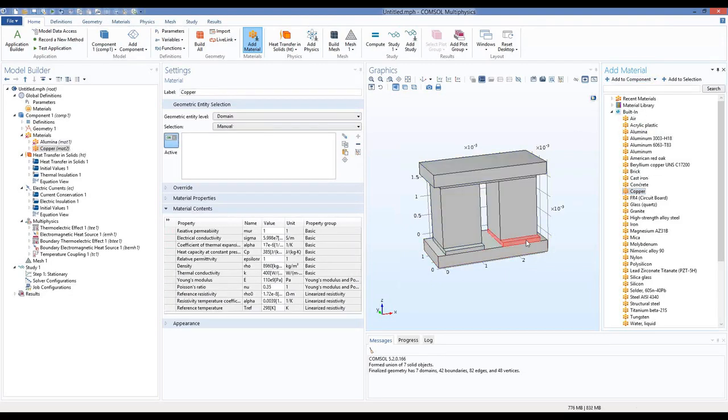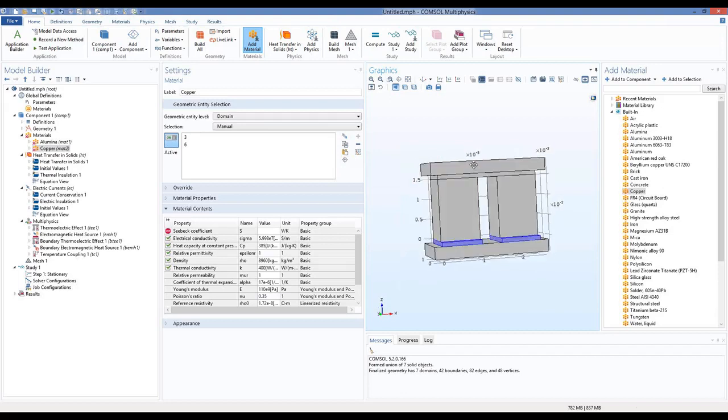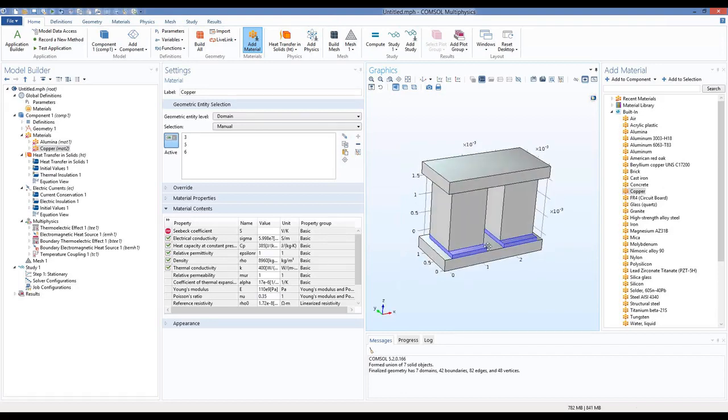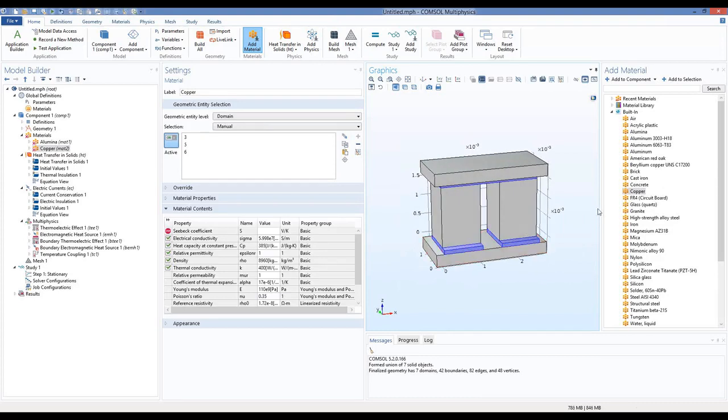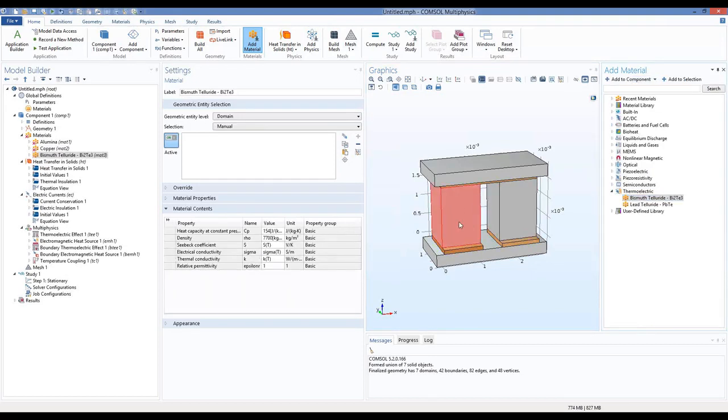And I will select the domain where I want to define copper. So I have 3 domains: this one, this layer, and there is also one layer here. So this is made of copper. And finally, I want to define the thermoelectric material, which is another place here. It's called thermoelectric. I have bismuth telluride, which I add to the component, and I will select this part,